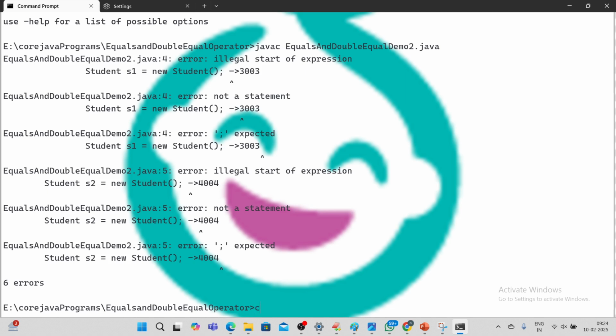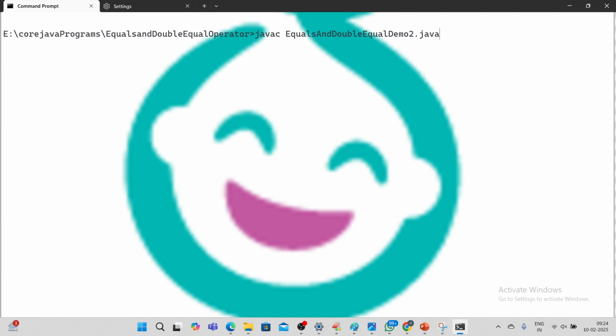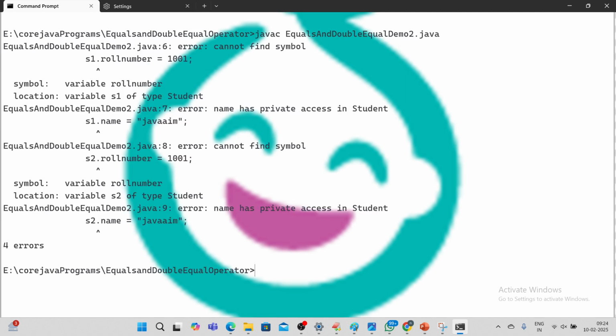Now clear the screen. Again compile. Okay, equals and double equal demo2.java. Line number 6, error cannot find symbol. S1 dot roll number. Oh, I got it. First of all,